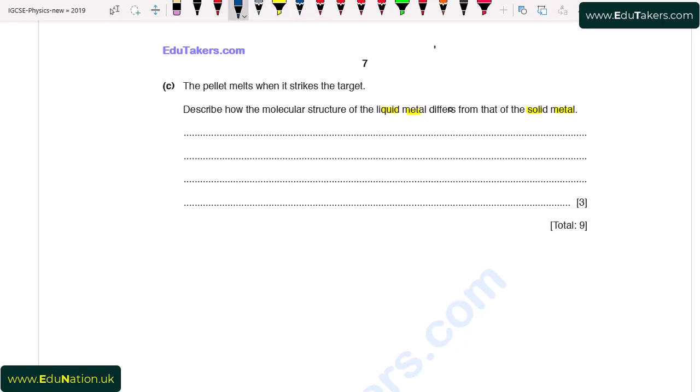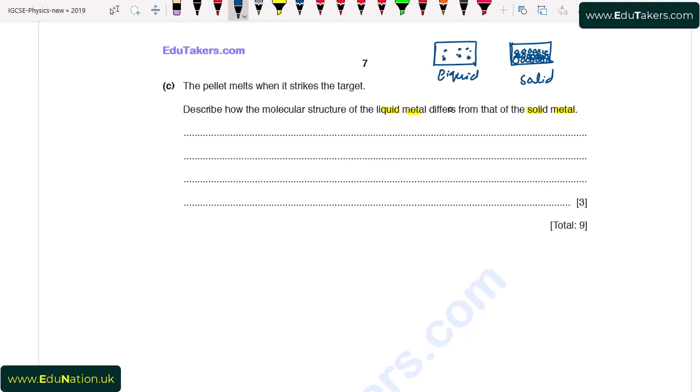So, first of all, if you consider that it's a block, inside this there are liquid molecules. It is for liquid and it is solid. The liquid molecules have a distance between these, but the solid molecules are very close to each other. There is no distance between them. So these are arranged just like this. First point is that the molecules of solid metal have regular arrangement, but in a liquid this arrangement is irregular.